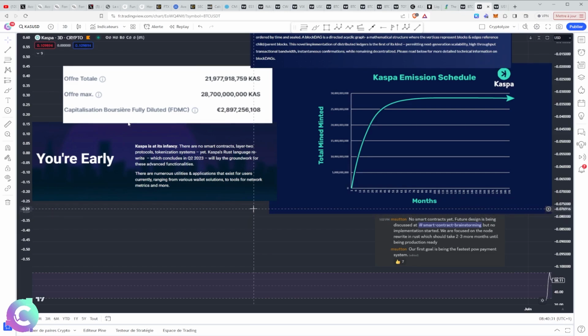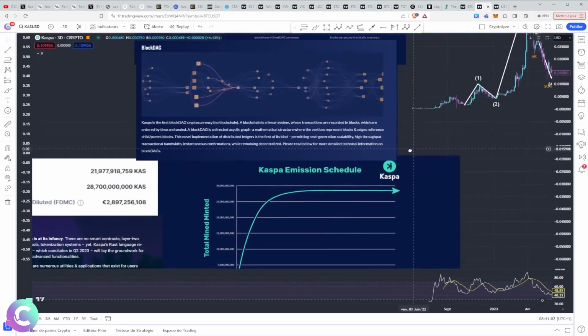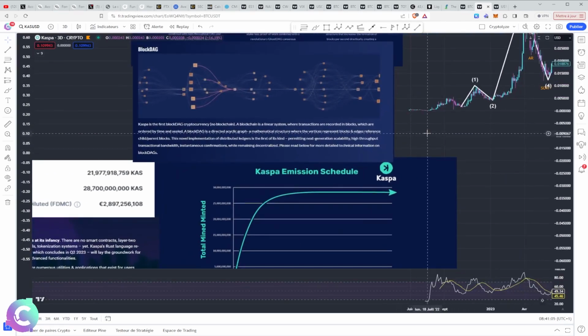The more we go into complexity, the more risks we have, and the more risks we have, the more functionality we will have, but therefore the more attacks we can have. So that being said, I can't wait to see KASPA with smart contracts arriving, because in this case it could